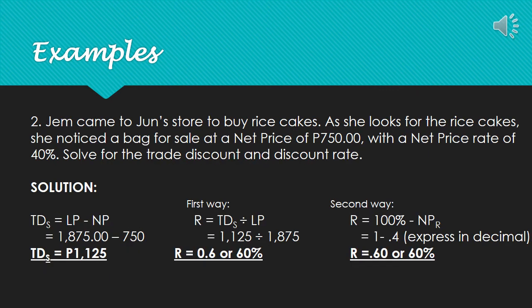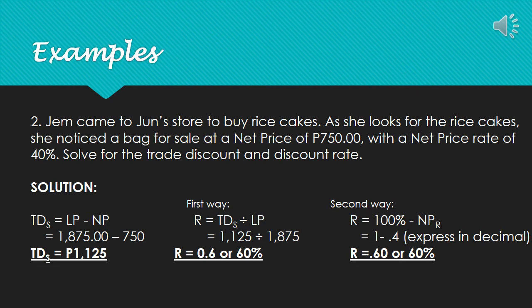Next, we have to find the trade discount and the discount rate. So for the single trade discount, we have the formula TDS equals list price minus net price. So we have 1,875 minus 750,